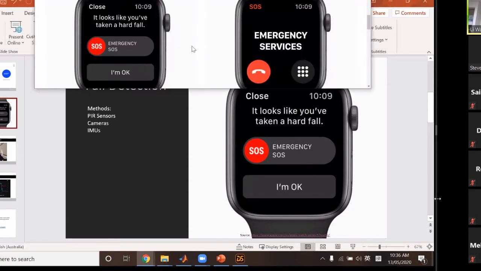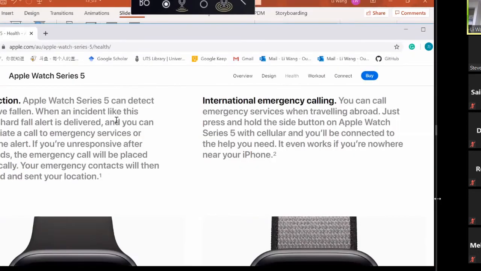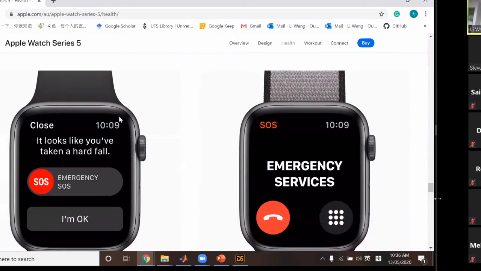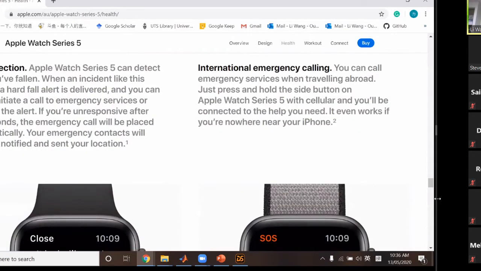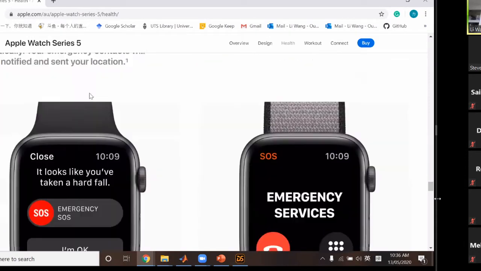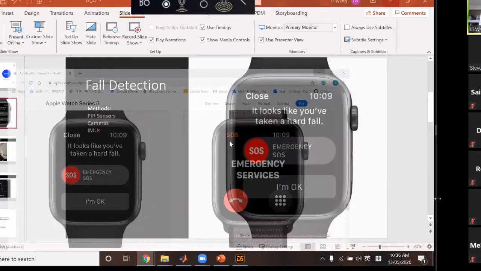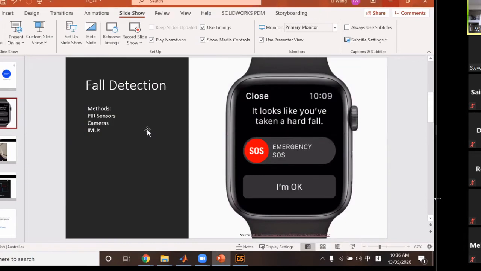Here is the website of it. It adds a function that is fall detection. It means when you fall down on the ground, it will ask if you need a hand or something. This technology is very popular nowadays, and we will teach you how this works